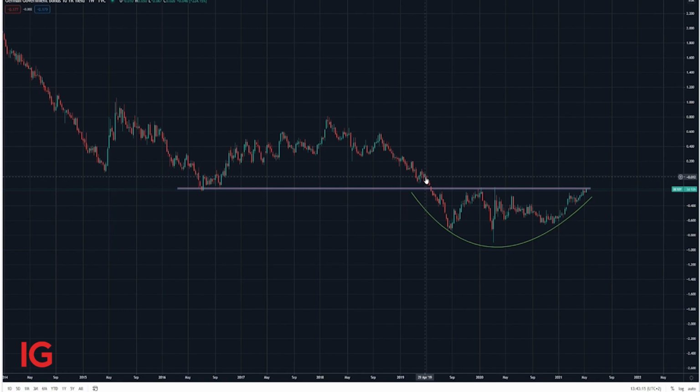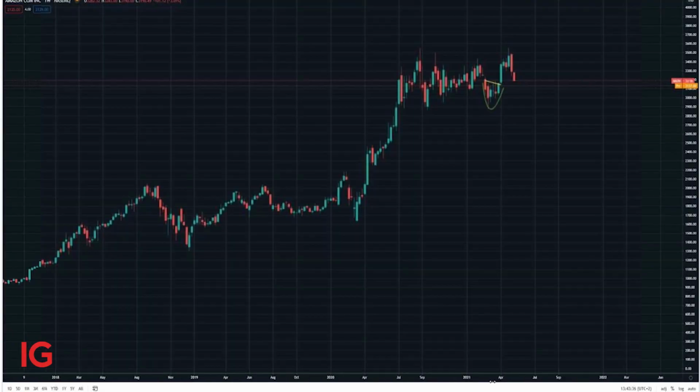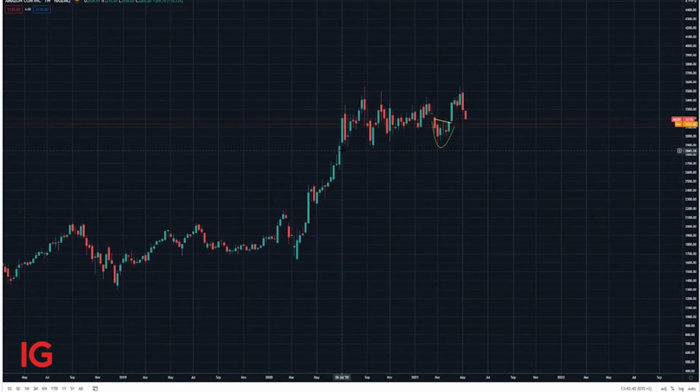Now, in terms of your outlook for the Nasdaq and the US tech sector, we've obviously seen this underperformance. Is this a chance to buy some of these stocks for a little bit more cheaply, or is this a trend that's likely to continue? I think it depends on your time horizon, right? So to give you one way of looking at it, here's a simple chart of, say, Amazon, and Apple looks more or less the same. These stocks haven't done anything since roughly August 2020.